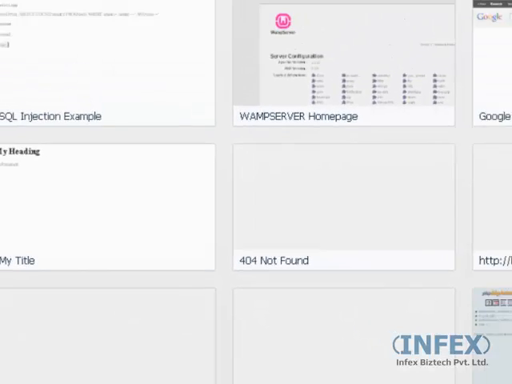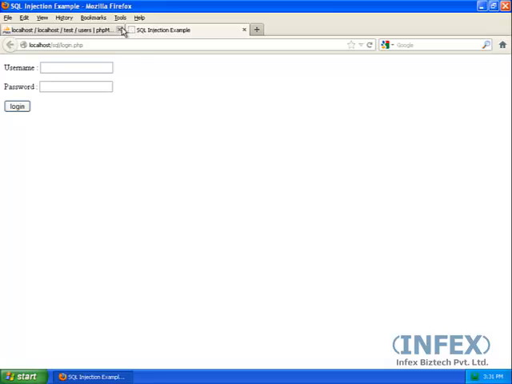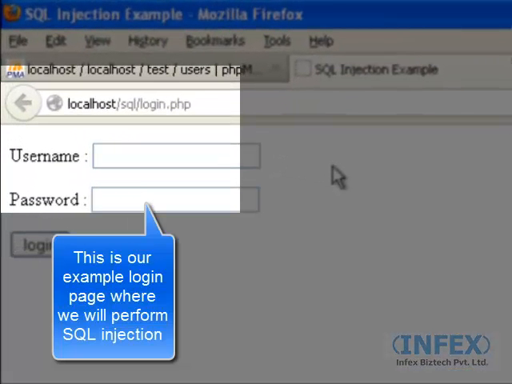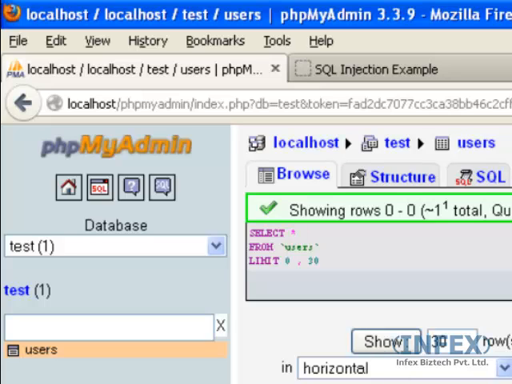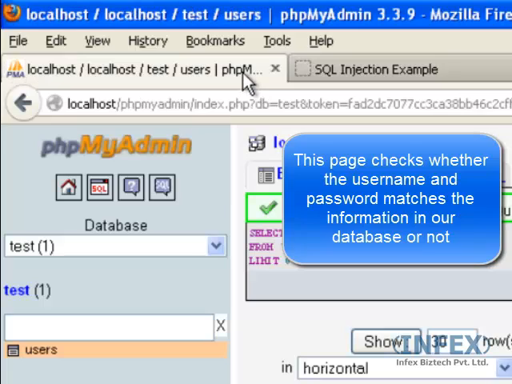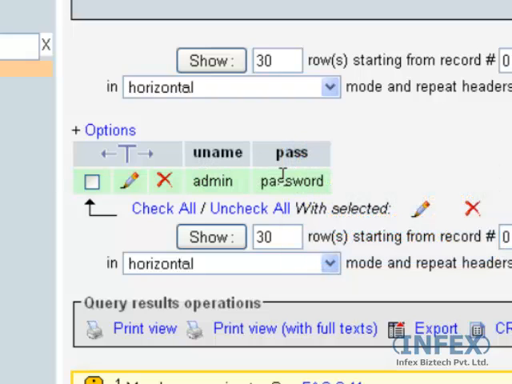Now let's go to our SQL injection example page, which is this page. So this page is basically a login page which checks whether the username and password you enter here is valid and registered here or not. So it should be checking whether the username is equal to admin and the password is equal to password or not. So let's try